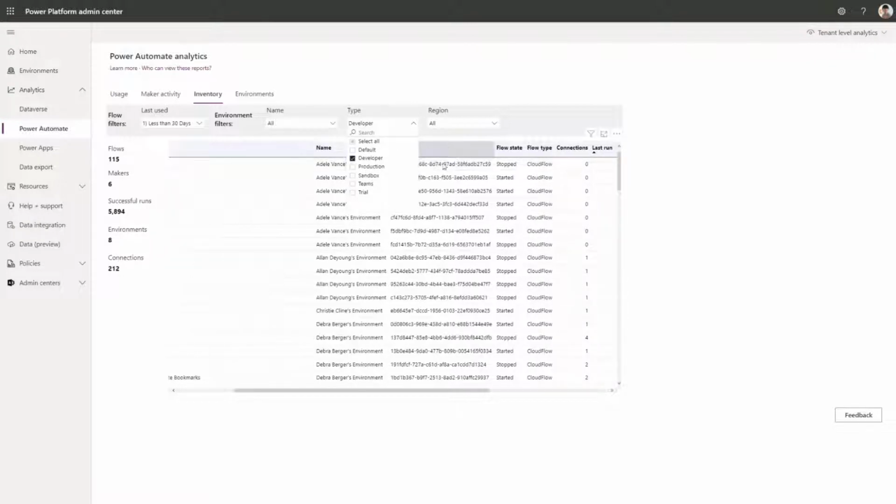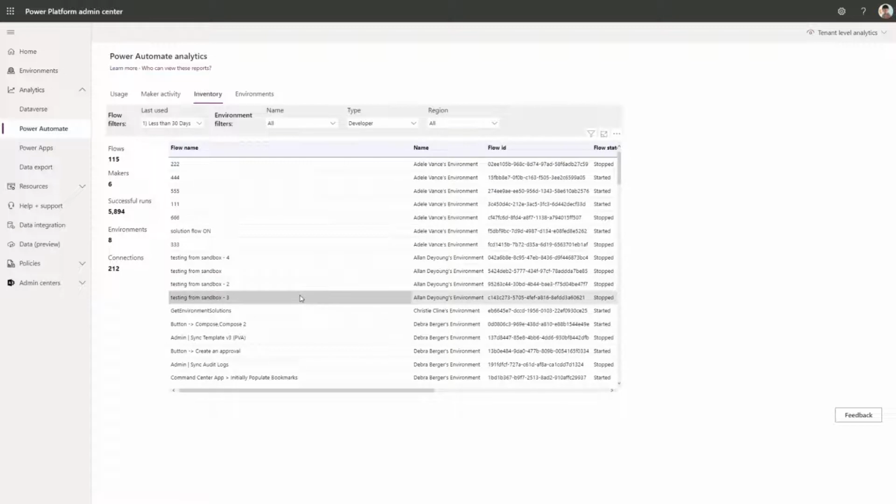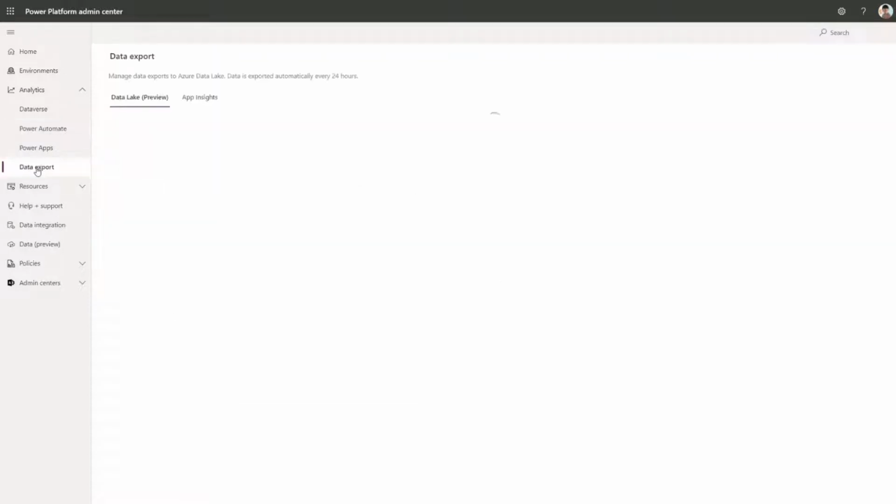Now let me switch to the data export page. This is where I go to set up data export for advanced analytics. I connect to my Azure Data Lake, which will also let me retain data for longer and allow me to build custom reports. And the best way for me to demo some of the custom reports is by showing you